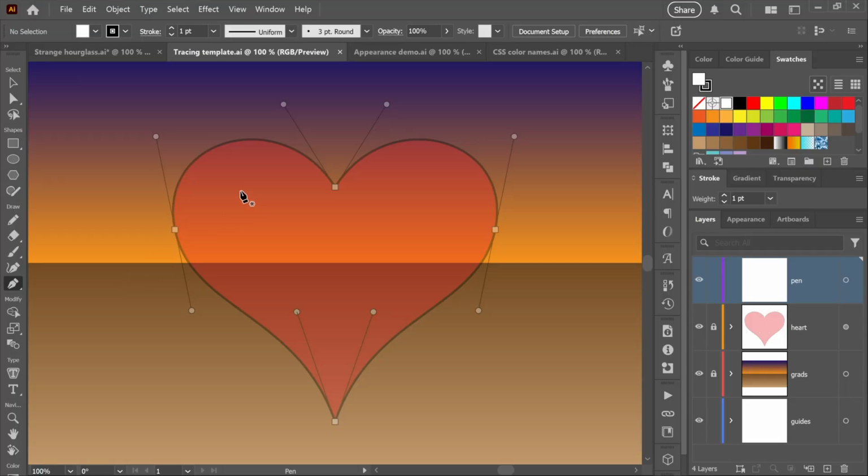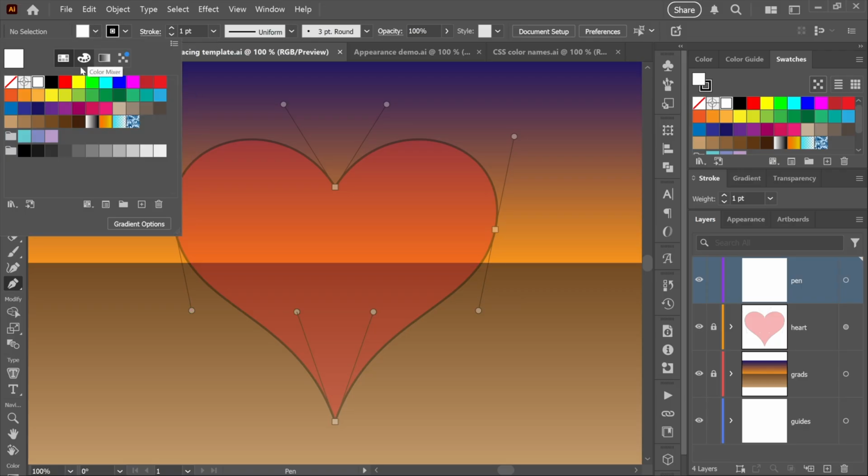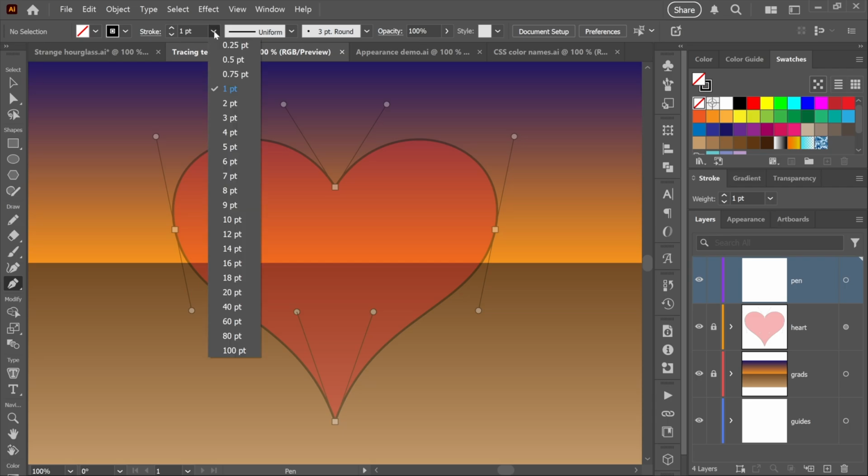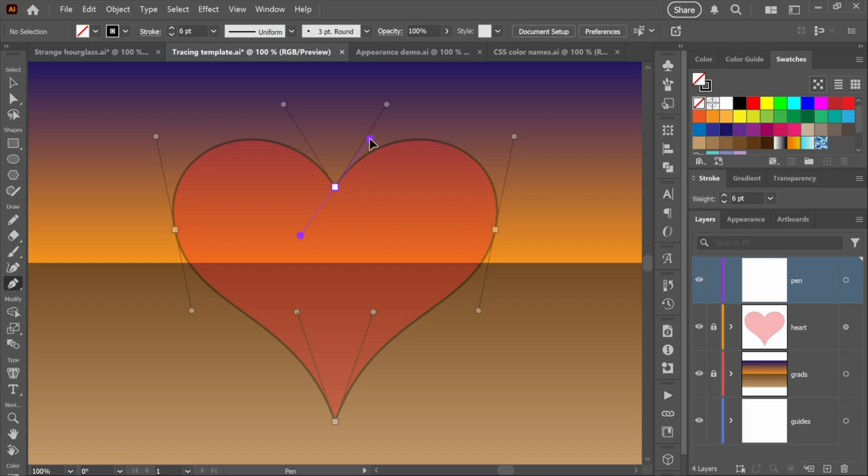Notice that I have a kind of tracing template right here, which will allow me to cheat quite effectively, actually. And so I'm going to get rid of the fill so I can see what I'm doing in the background, and I'll change the line weight to, let's say, 6 points, and then I'll drag from this anchor point right there to this control handle in order to create a first smooth point, and then I'll drag from here down